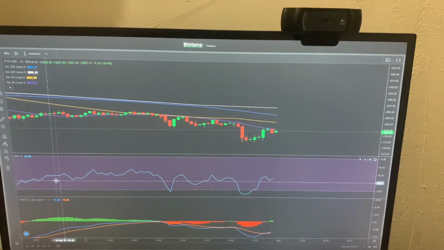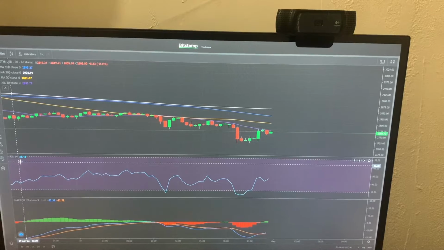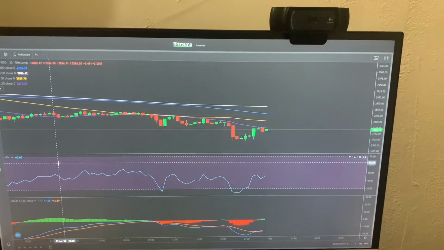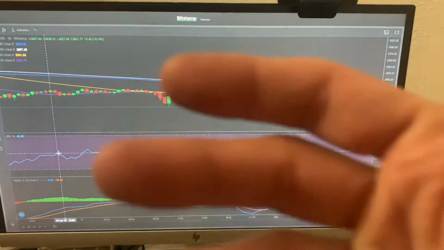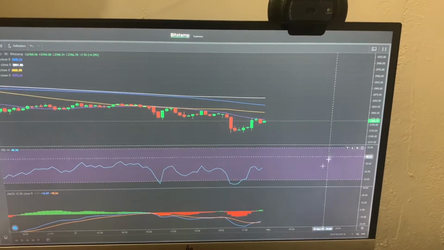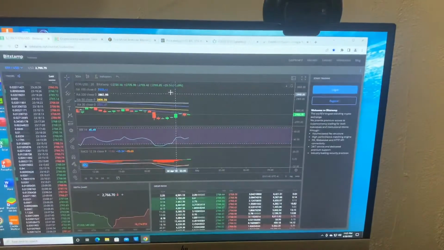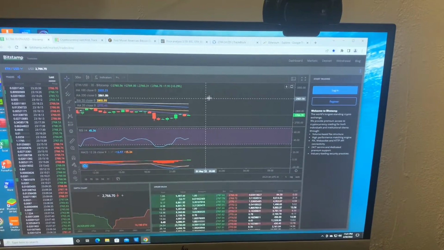This is the relative strength index right here. In the purple, RSI. So try to stay with me and try to stay caught up. I'm gonna move a little quick. Alright. When you first open up the Bitstamp, you go into here,